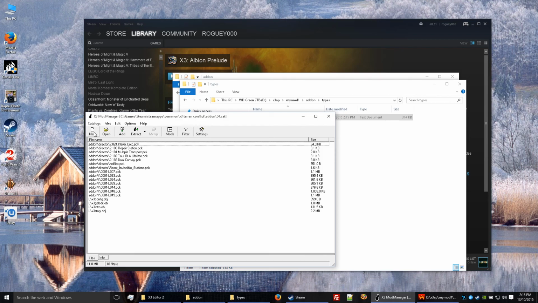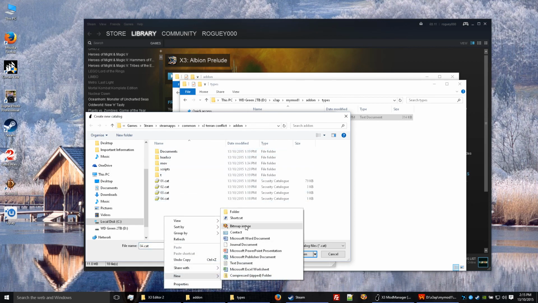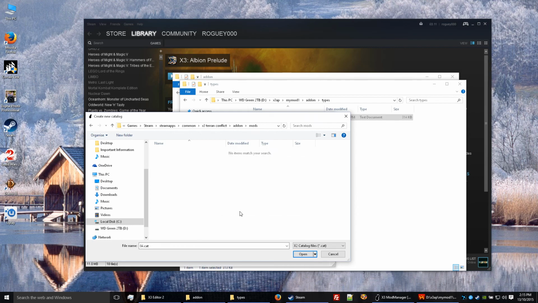So what we want to do is click New, then make sure you find all the right folders. In here I can see I'm in the Terran Conflict add-on, and these are the folders here. I need to put a mini mod in the directory called mods. As you can see, the folder isn't there, so if we right click and say New folder, mods, then in this folder, if we call it my mod 1 and save it,